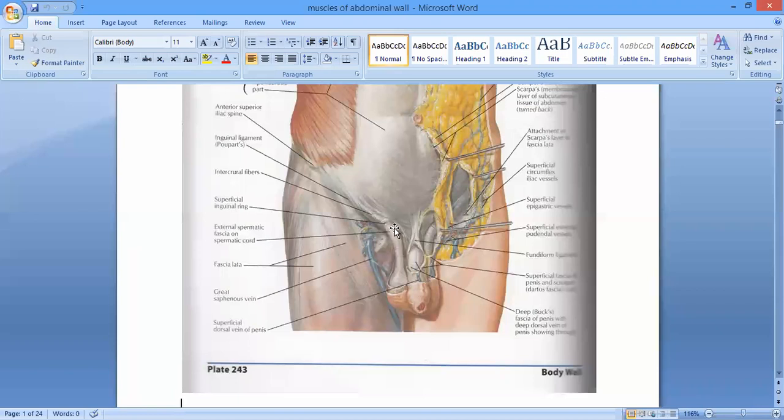And when the spermatic cord passes from this triangular defect, when it passes from the margins of this defect, it will carry a layer of the fascia from the margins of this aponeurosis, right? And this fascial layer, which is forming the outer covering of this spermatic cord, is called the external spermatic fascia, right? So when it passes through the margins of this triangular defect of the external oblique aponeurosis, it will carry a fascial sleeve around it from the margins of this defect, and that fascial sleeve is called the external spermatic fascia. Okay, any problem?